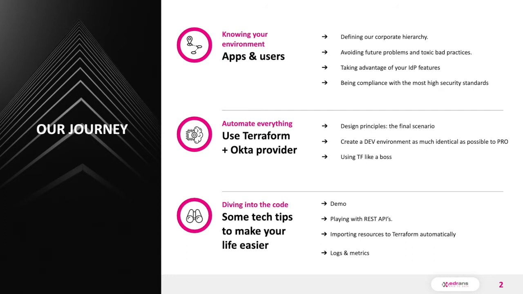In the second chapter, we're going to talk about how we can automate all this by focusing on using Terraform and some nice ways to work with it that can help you to manage dozens of technicians managing your infrastructure without colliding with each other or losing any data. And finally, we're going to get a little bit more technical and deep dive into Terraform's code and the Okta API to retrieve some useful information that might be useful, for example, in a migration. So here we go.